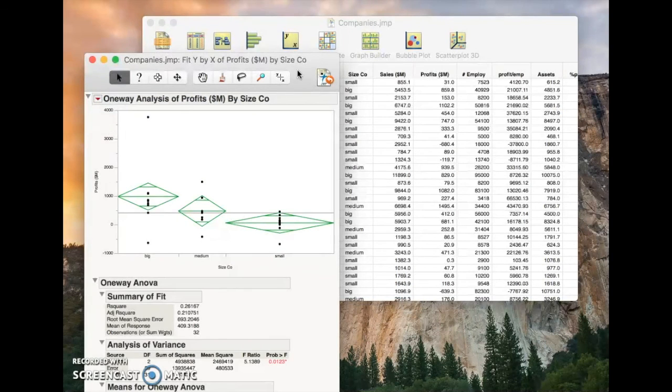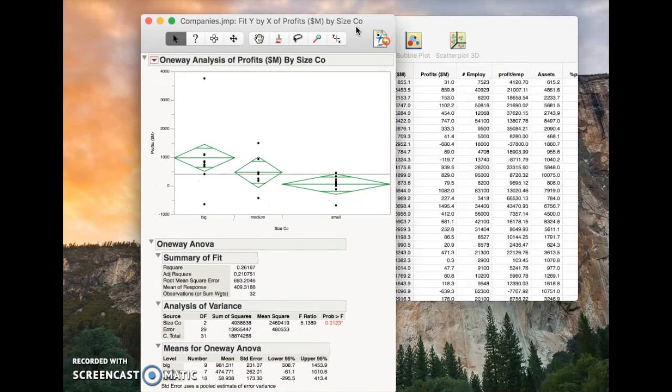Using ANOVA, the null hypothesis is that there is no difference between the profits of each of the three sizes of companies. Being that the probability greater than F value is less than 0.05 alpha, we reject the null hypothesis. In other words, we are able to conclude that there is a difference between at least two of the sizes